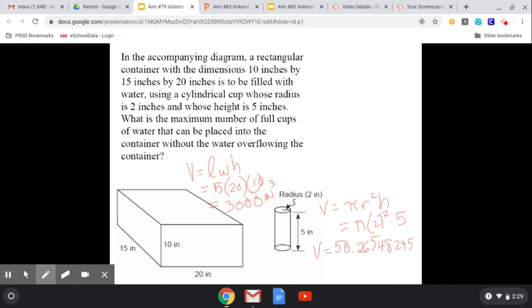Now, every time I pour one of those in, that's how much water goes into this tank. So how many cups is it going to take? Take 3,000, divide it by that number, 50.2654824. Okay, I'm going to take my calculator. Go ahead and do that. 3,000 divided by 50.2654824 and I'm ending up with